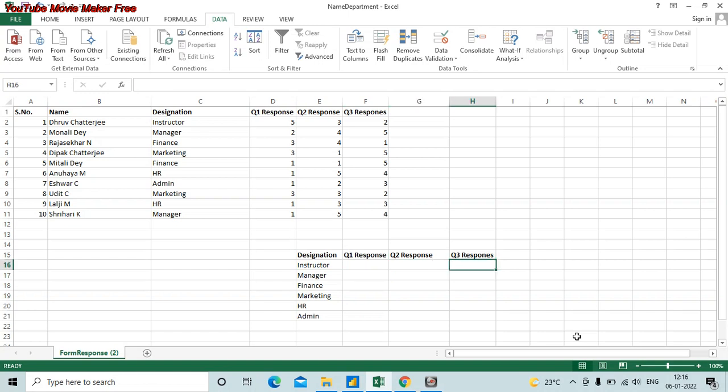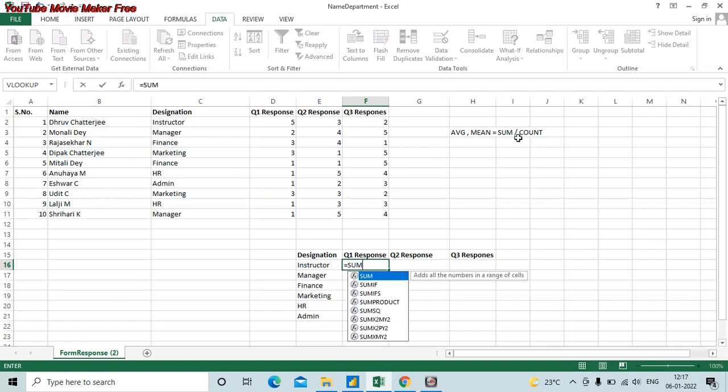Okay, so now as you know, an average or a mean as we call it is basically defined as the sum by count. So the sum of the things that we want to compute the average of divided by the number of the count of that particular thing. So what we will go ahead and do is we will use the sum function.